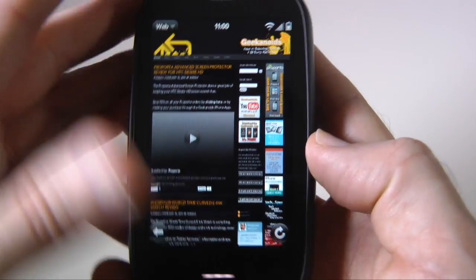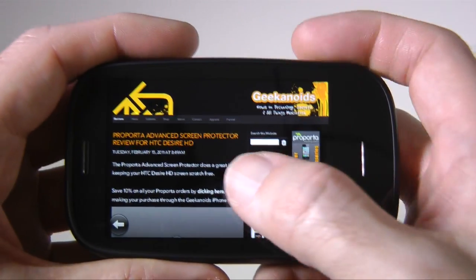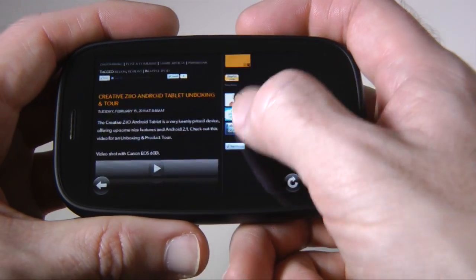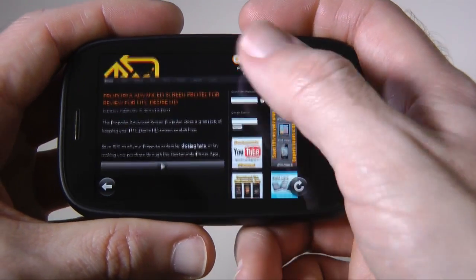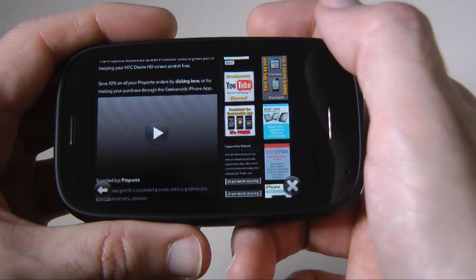Let's close that screen. Will it go round into the landscape? Yes, it does, very nicely. We can scroll up and down, so it renders the page nicely. Let's have a look at one of the videos. So this is one of the videos here. Let's tap play,